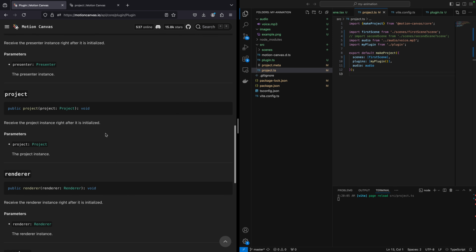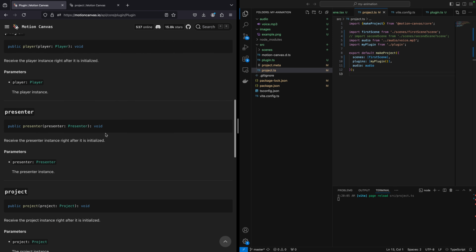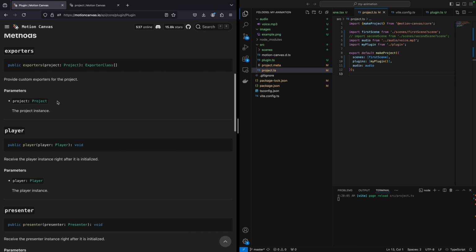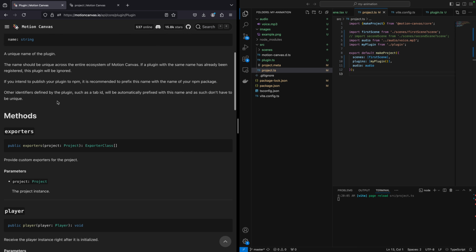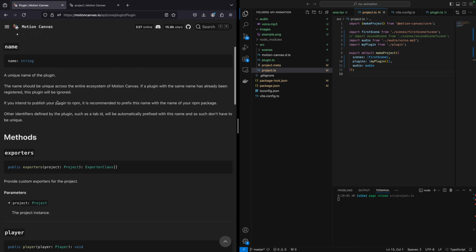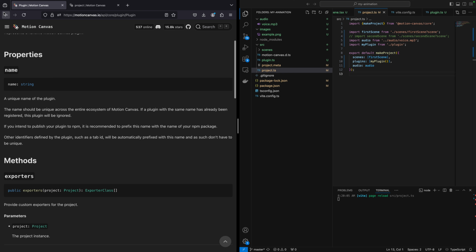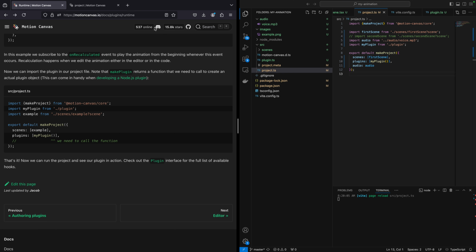Okay, so we got setters, render, project, presenter, player. Player is the instance right after it gets initiated. So it's not like an NPC player, it's like the video player. And then we have exporters. So our plugin